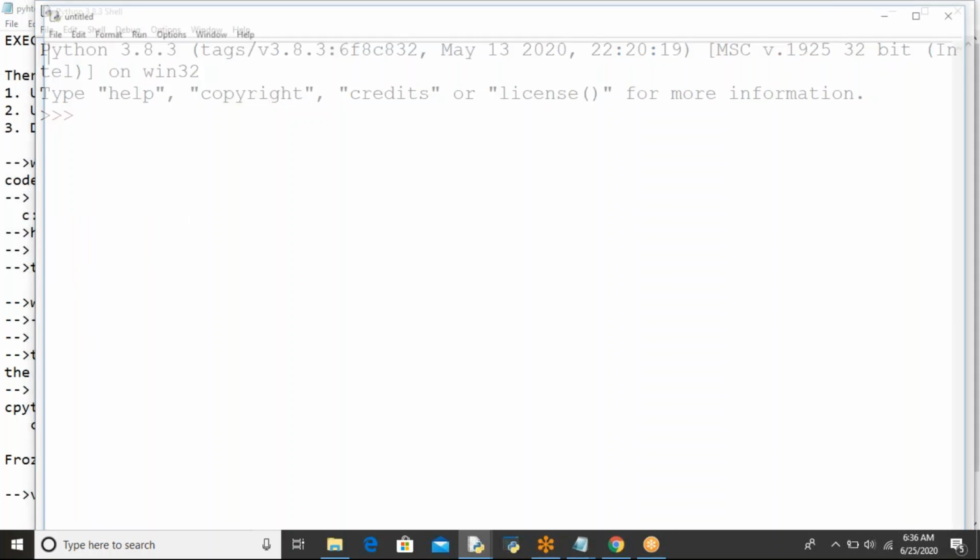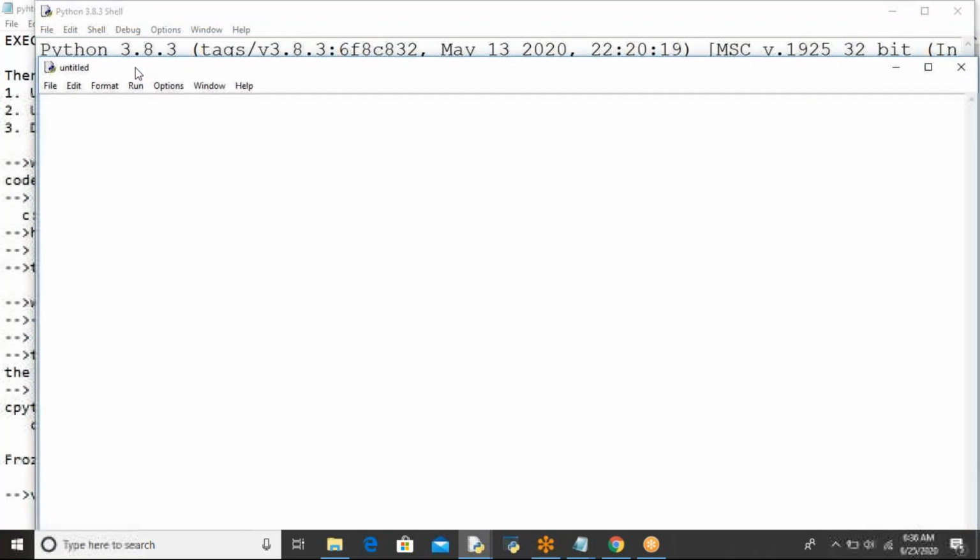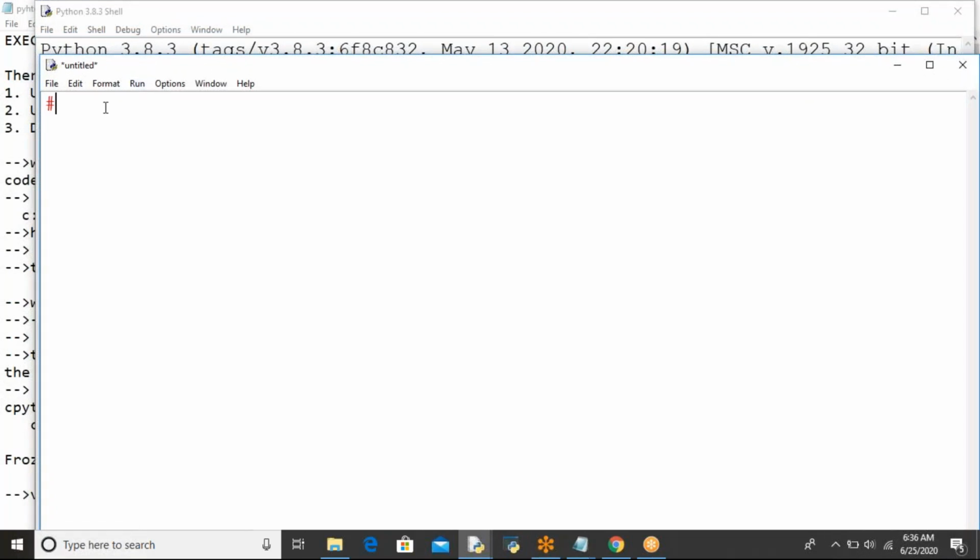I am taking a new file. Then a separate window will be opened like this. Understood? Here I am typing. Subtraction of two numbers, like that I am writing a simple program where a is equal to 200, b is equal to 40. C is equal to a minus b. Why, Bindu, are you always taking these simple programs? This is a simple way I am just showing you to execute.